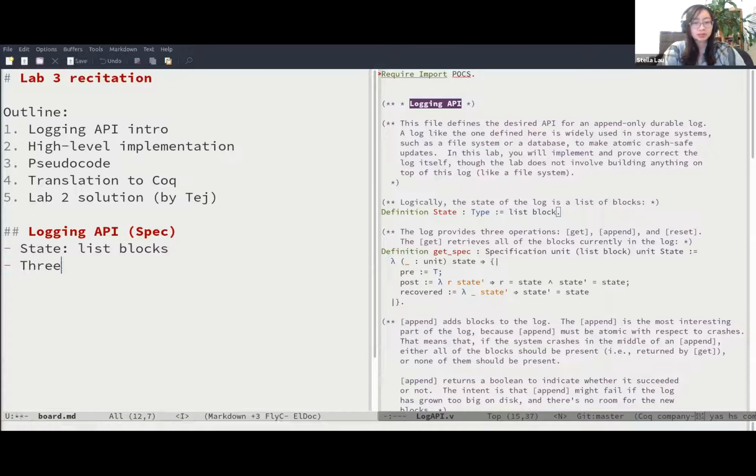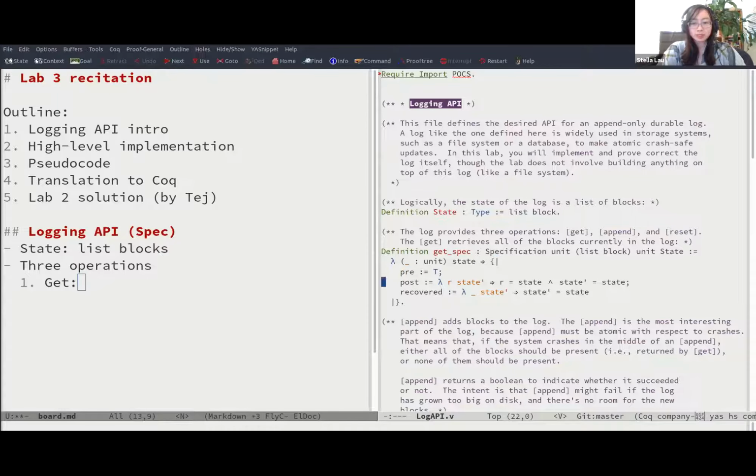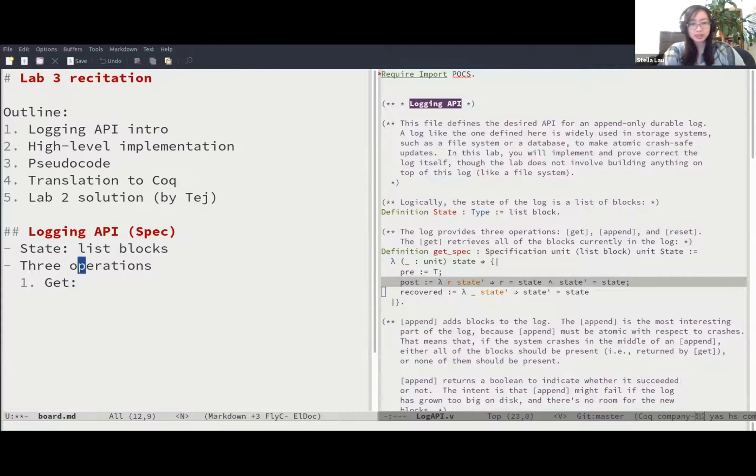Then there are 3 operations. We have the get. Then what we would do is just read this postcondition and say that